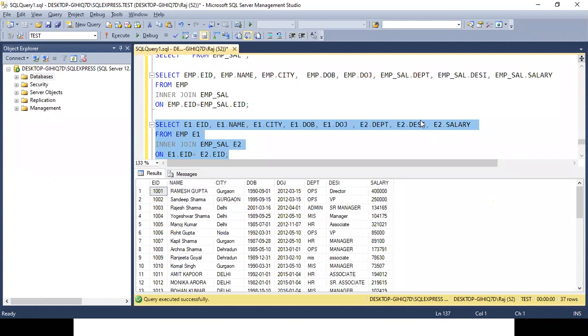So here we are saying get the employee ID from E1, name from E1, city from E1, salary from E2, and so on. Here, from EMP E1, we are declaring that E1 means EMP, and here that E2 means EMP_SAL. So is this query comparatively simpler?